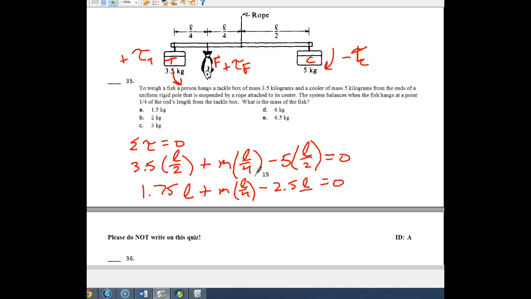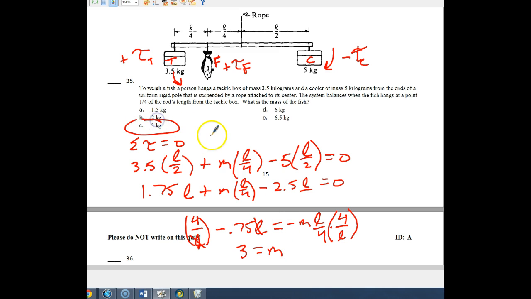So 1.75 L is what we have on this side, minus 2.5 should give us a value of negative 0.75 L on this side, and that's equal to the negative mass times L over 4. And so if I multiply both sides by 4 over L, we notice that our L's cross off, and we then can take 4 times 0.75, and we end up with 3, and that's equal to the mass, and therefore our mass is 3